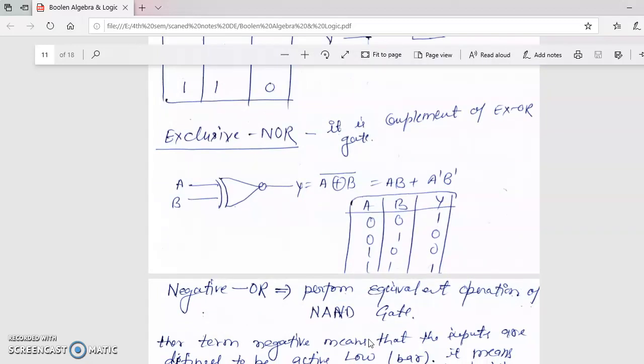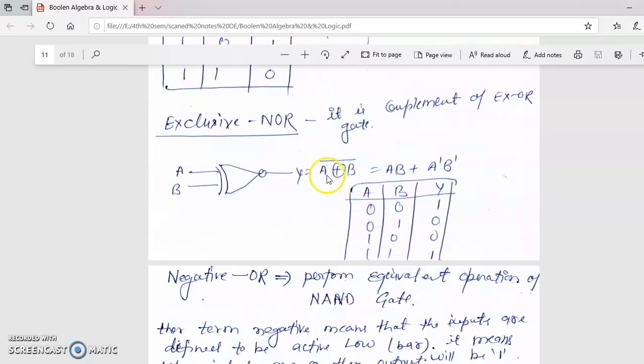That is the complement of XNOR gate. So we can write (A XOR B) bar, and when we open this by the theorems, we get AB plus A bar B bar, and according to this equation we get the truth table 0 0 0 1 1 0 1 1 1. This table is just opposite to XOR gate, meaning when both inputs are low or high, the output is high, and whenever one input is low, the output is 0.